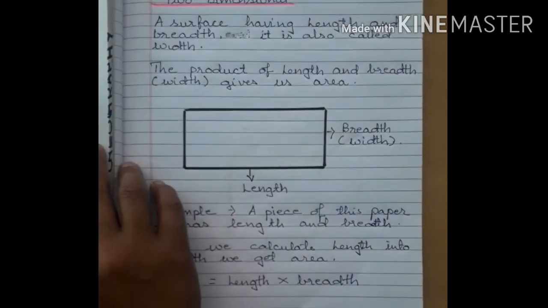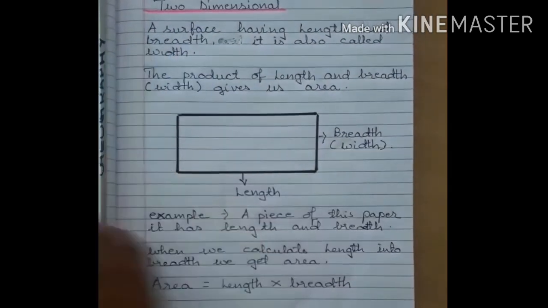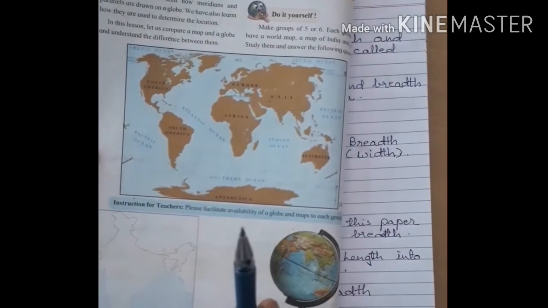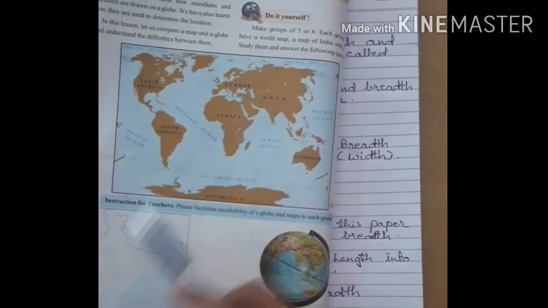There are different types of maps which are used today to find out various information about the different parts of the world. Globe is also used to locate various places or to find out the location of various places. We use the GPS system nowadays. Let us compare the map and a globe. You must have observed, children, that a map is two-dimensional. Both these maps you can see.